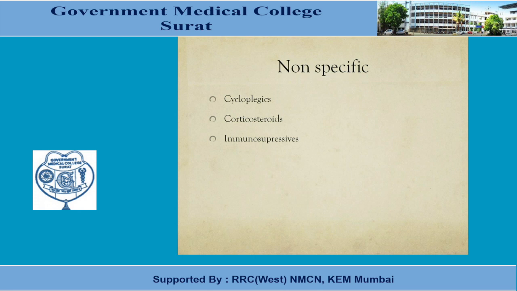So there are n number of advantages of putting a strong cycloplegic. The only disadvantage is the patient will lose near vision for about a week to 14 days, depending upon which cycloplegic you are using. But it is a master drug for at least anterior